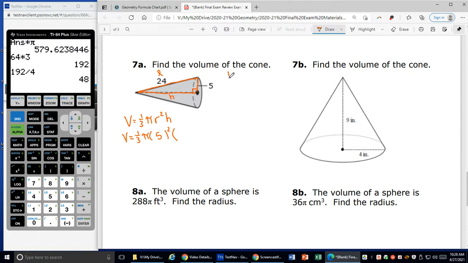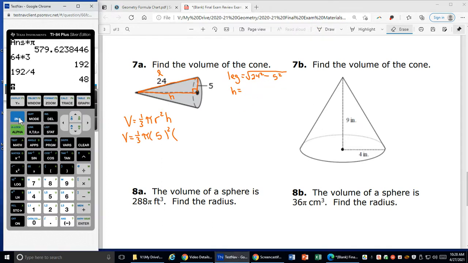This is a leg of that right triangle, which means I'm going to subtract the square of the hypotenuse minus the other leg squared. So that leg, which is the height of that cone, equals the square root of 24 squared minus 5 squared. I'm actually just going to put that in my calculator. The square root of 24 squared minus 5 squared